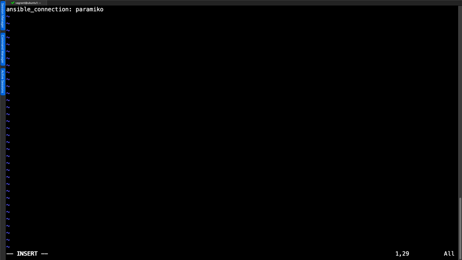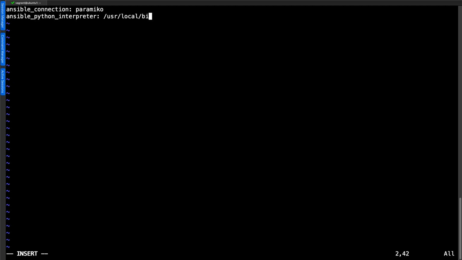So using the Paramiko interface from Python to SSH, we need this if we're using password-based authentication, which I say at the moment I haven't set up key-based authentication, so it's easier to just use Paramiko as a connection. And the second setting that I'm putting in here is to make sure that once we have got Python installed on the FreeBSD host, we've got the correct path through to the interpreter. And on FreeBSD, we're going to find this in /usr/local/bin.